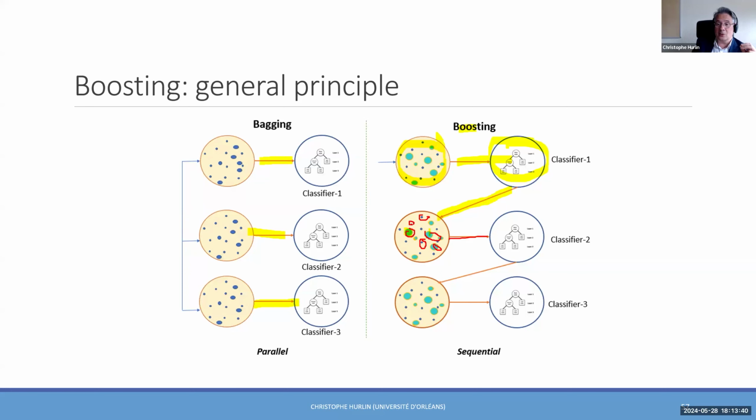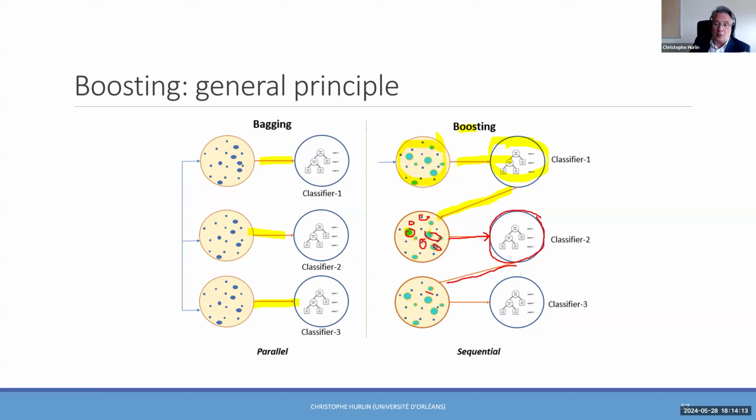Then, with this weighted sample, I run a second classifier, and the idea is to force the model to give more weight to the observations for which the first classifier was poor, not effective. And then this second classifier made some error, sometimes on the same point, sometimes on different